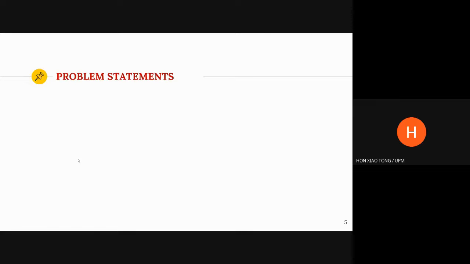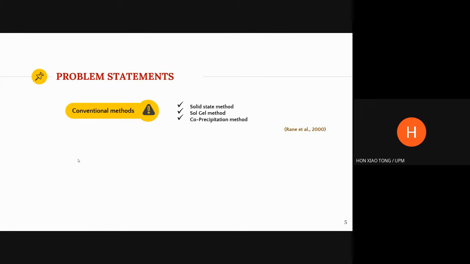So for my problem statement, from then till now, there are a few conventional methods that have been widely used to prepare the manganite sample, such as solid state method, solvothermal method, and co-precipitation method. However, these methods do have some drawbacks and weaknesses. For example, solid state method requires higher energy and temperature, and co-precipitation method will produce less favorable byproduct, which is toxic and has the potential to harm the environment. So in this work, thermal treatment approach with lower cost, easier step, and environmental friendly operation is introduced to overcome the circumstance.